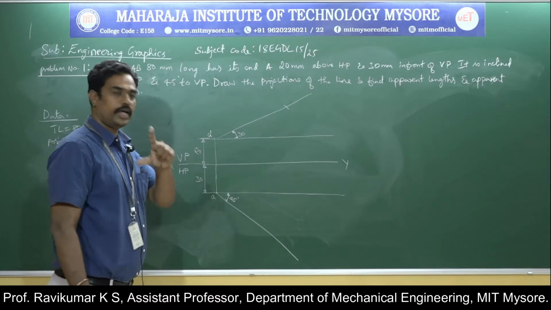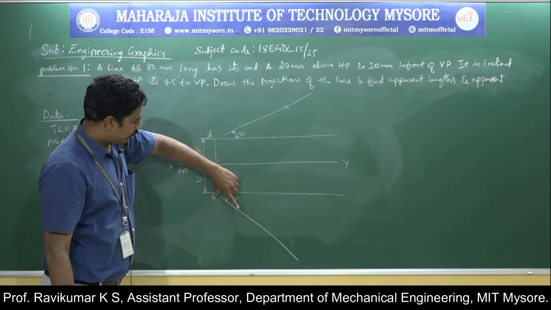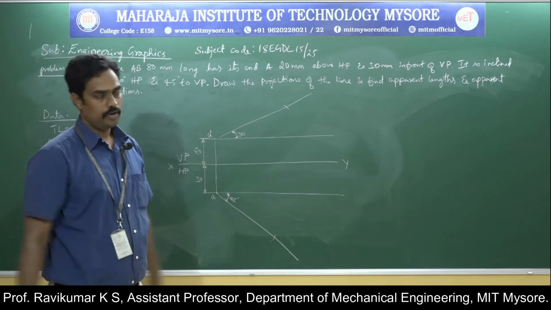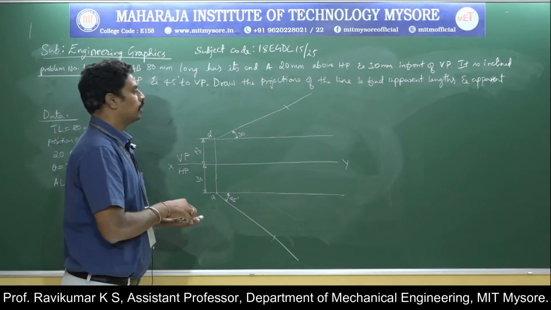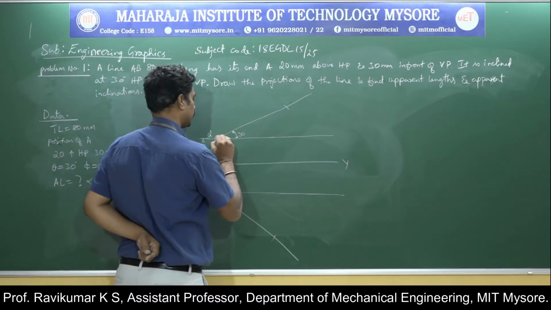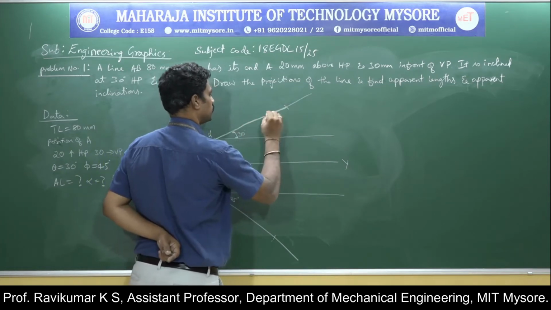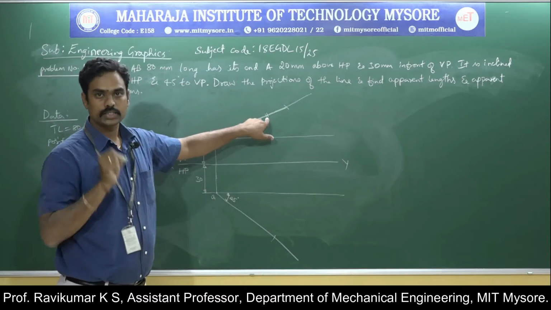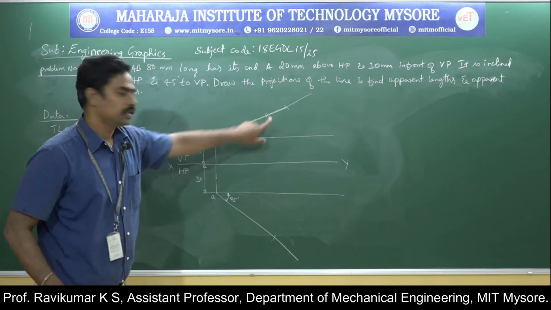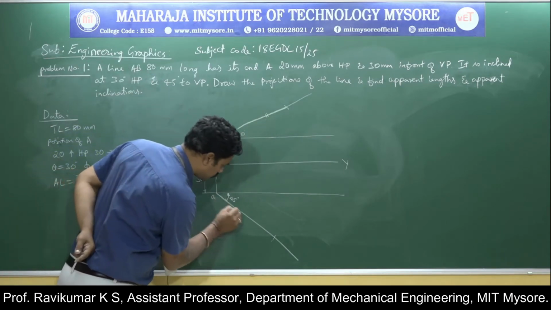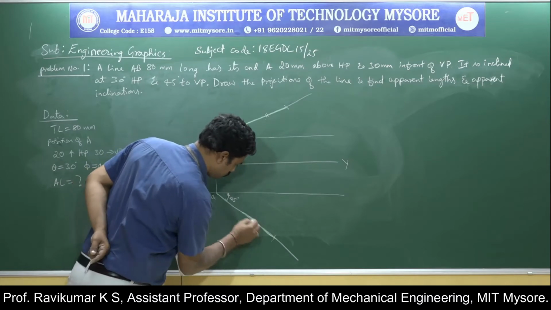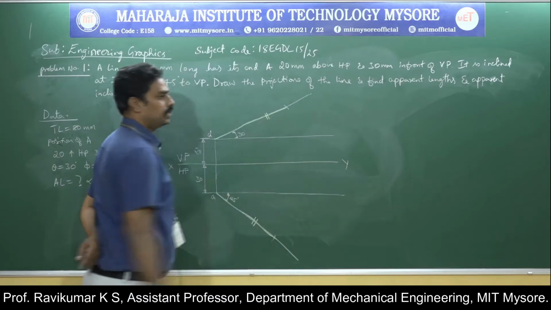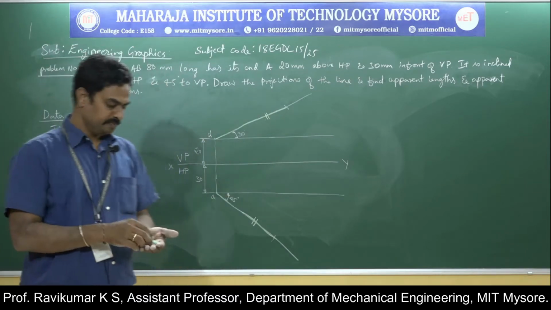Similarly, take that 80 mm, select A as center, cut 80 mm here, because you know that the true length remains same in both the views. Now once you get the true length, you just increase the thickness to represent its true length, and I will write something like this. If you write 2 lines like this, it will represent it is a true length. So just increase the thickness of true length and write it something like this. So this represents it is a true length. It is the graphics language, CAD language.